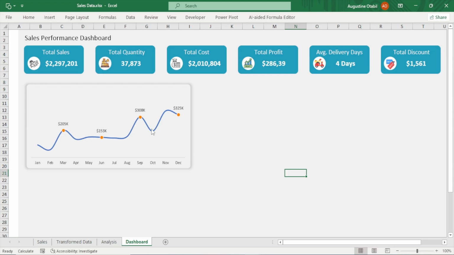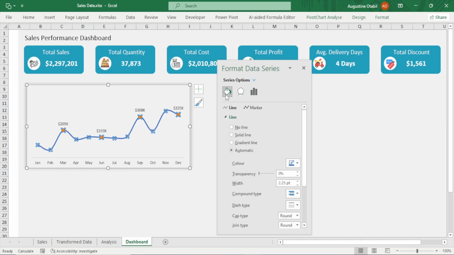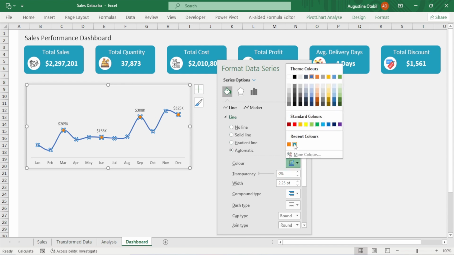Now we want to change the color of the chart to this color. So select the chart, Control 1, select the paint bucket, and then underline. This time around, we are not going to marker. Underline, this one, line. Select this one and change it to the color that we are using. If you want to know the color that we are using, just select the color